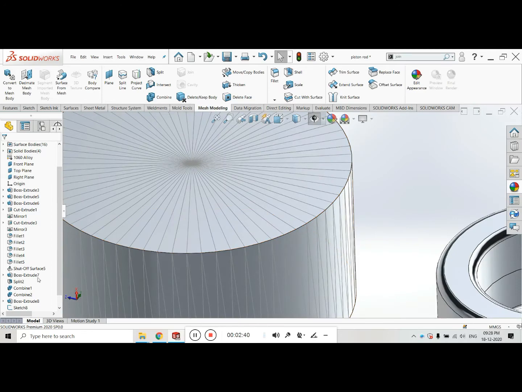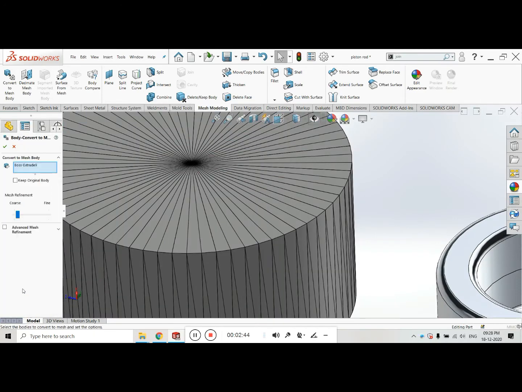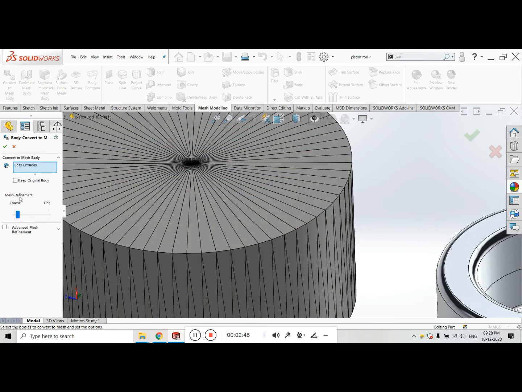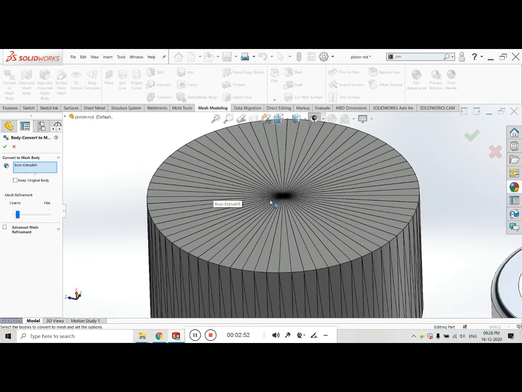Now go to convert to mesh body and select add feature. There is a mesh requirement with two options, coarse to fine. It depends on your computer hardware. It takes more time if we select fine.